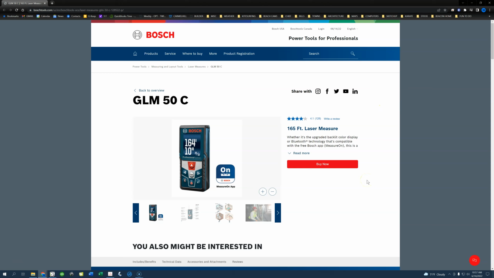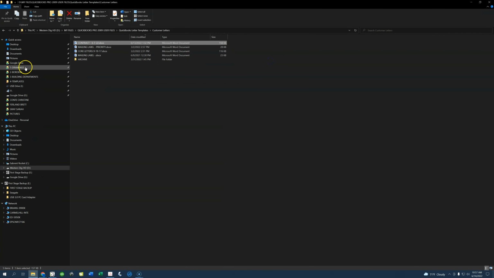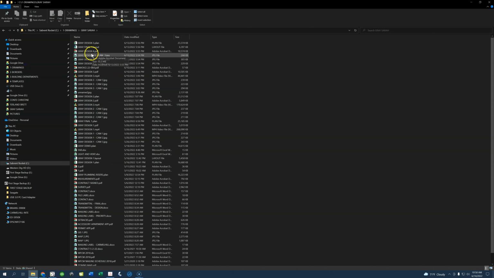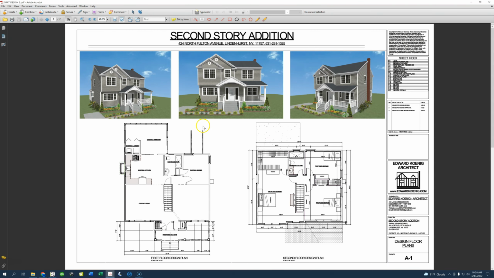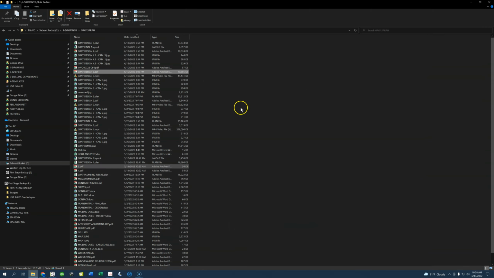The next level of service, the middle of the road level of service, which I would say 90% of our clients choose, is to provide full color renderings, full color videos, which get posted to YouTube, and then the design drawings. Generally speaking, a project like that would be something like this. This is one we just finished last week. So we will provide the color renderings, the floor plans, and then color line drawing elevations, and then also we'll